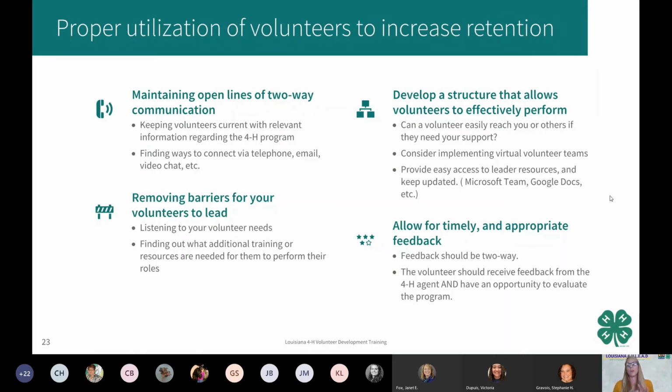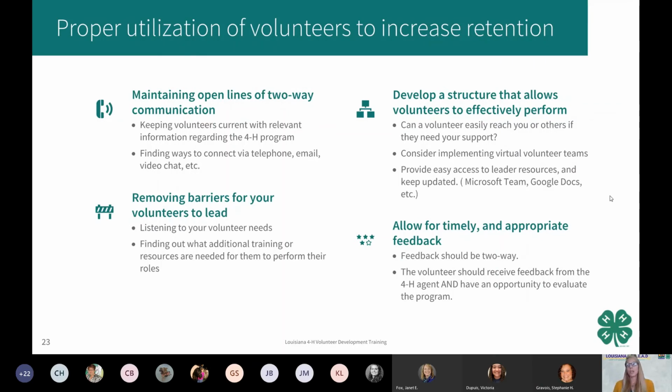So if we're using volunteer teams, especially with the situation we're in with the pandemic, how are we organizing those teams? Are we using our free services like Google Docs, Google Forms, or Google Files, or Microsoft Teams? Microsoft Teams has various tools to help us manage our volunteer teams. If you've been using that